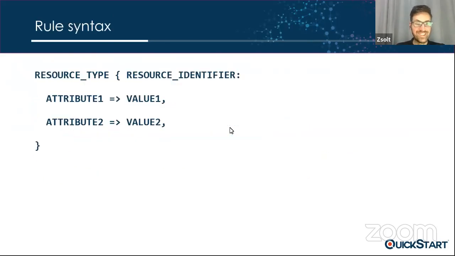So finally, some code. This is the syntax of a typical rule. Remember, we have resources and attributes. We have a resource type. There is an identifier that describes what resource we're talking about, and an attribute value correspondence. Now, I'm going to move the mouse cursor to the last comma. You might see that on screen in the absence of other highlighters. Now, look at this comma. This is basically an optional trailing comma.